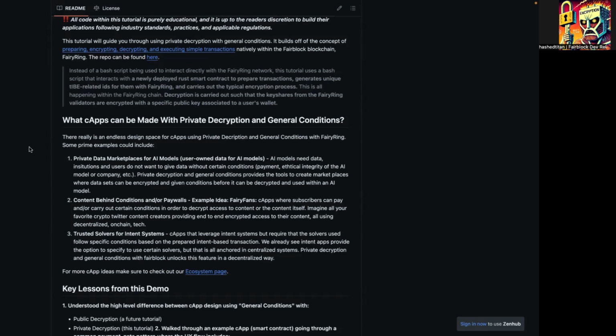But in this case, we're going to be using general conditions and specifying those general conditions within the Rust smart contract. That's where the general condition logic lies. And then from there, a certain function within the Rust smart contract is checking the conditions. It could be, say, swap price, whether someone actually paid for a service or a transaction, you name it. And essentially, once those conditions are passed,